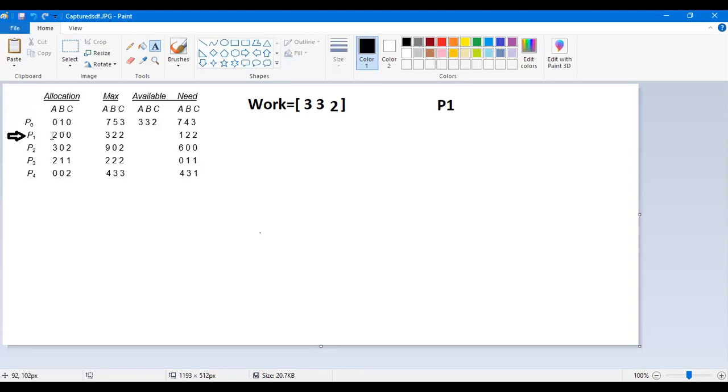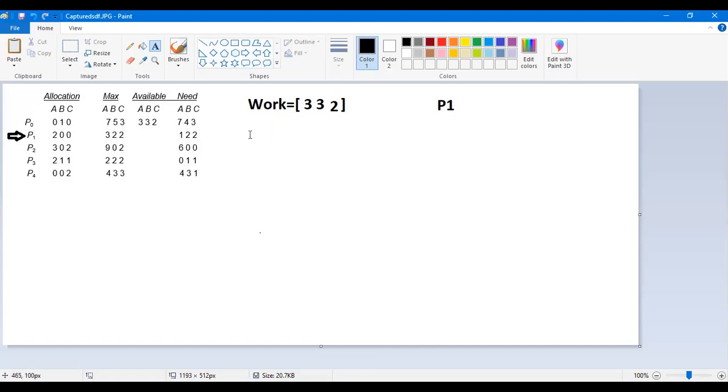P1 was already having 200. We have given 122 additionally. So what will be the final resource numbers in P1? That is 322, because we have already calculated this one. If you are adding 200 plus 122, it will give you the maximum demand. So P1 will release all the resources it is having. What are the resources? That is 322.